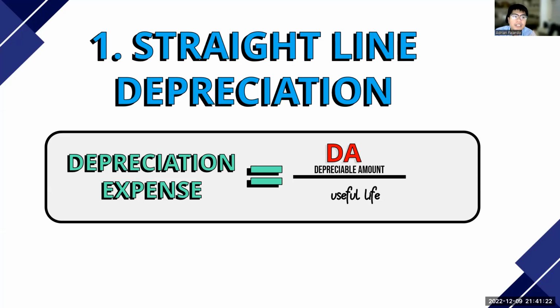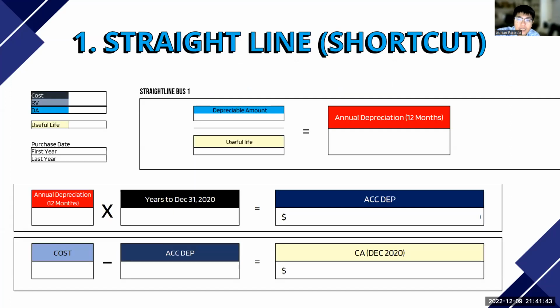Now, the annual depreciation expense, swerte ka if the purchase was January. Meaning, hindi mo na kailangan i-prorate. But please be careful if it's a mid-year purchase. There was an example na in the previous lecture of a mid-year purchase. So, I expect na you understand how it would be different. But for this particular exercise, we're lucky. It's not a mid-year difference. But what I will show you is the shortcut method first and then the table method.